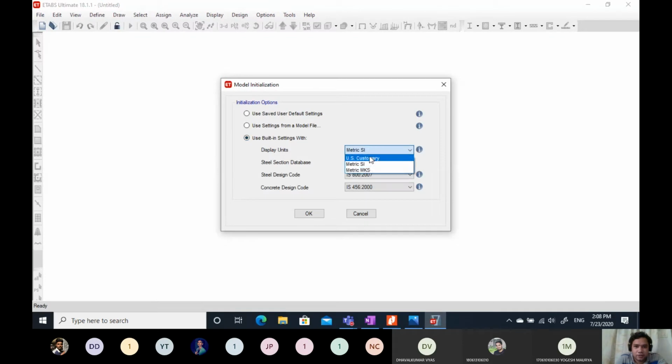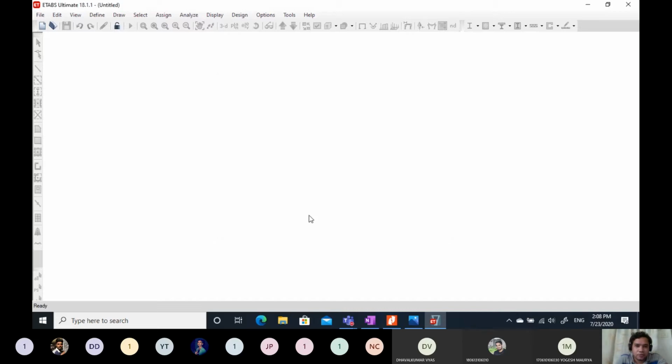You have to set the unit as per your system. So here we are selecting metric SI system, steel code as Indian, design code as IS 800 2007 for steel design, and for concrete design we have selected IS 456 2000 and click OK.